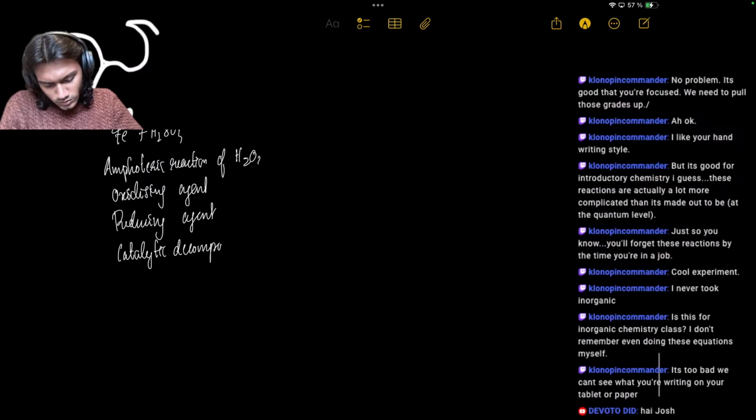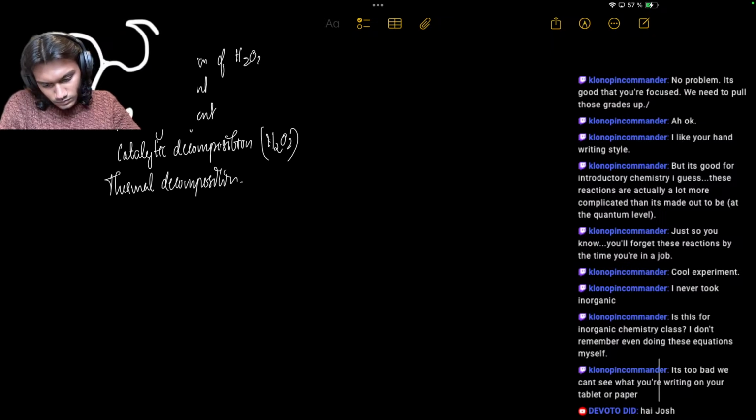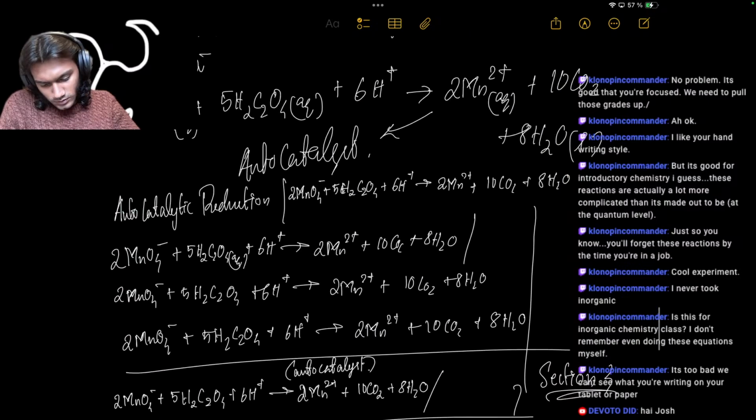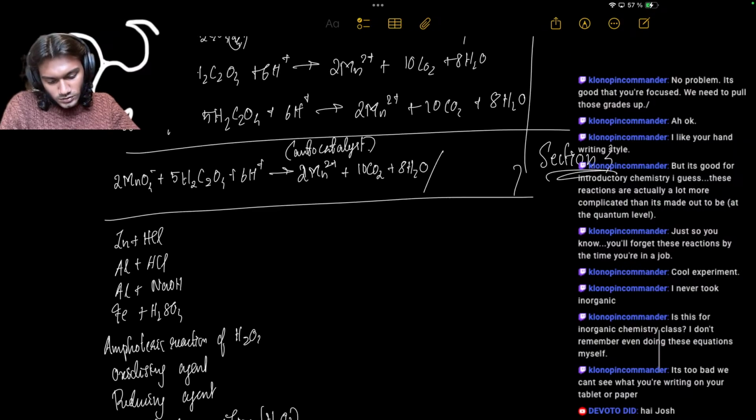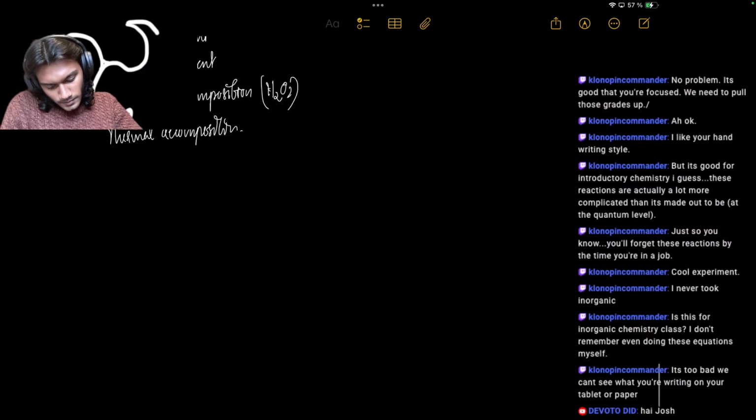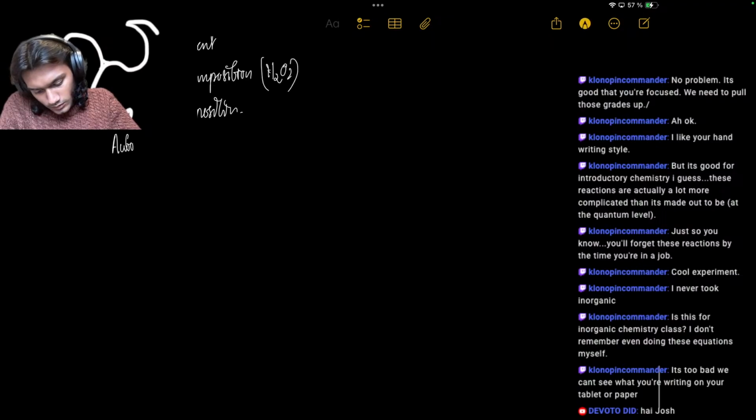That was also H peroxide, but thermal decomposition. That was potassium permanganate. What else? Okay, then we're going to autocatalytic reduction of